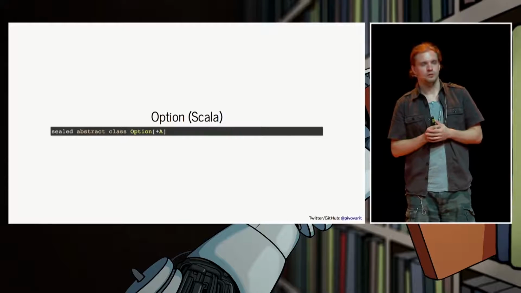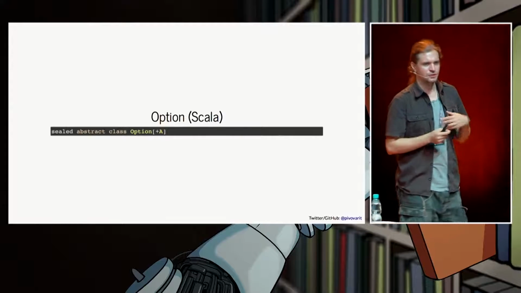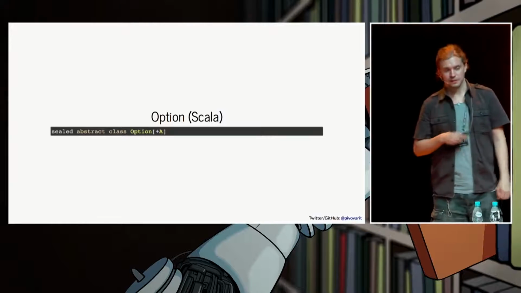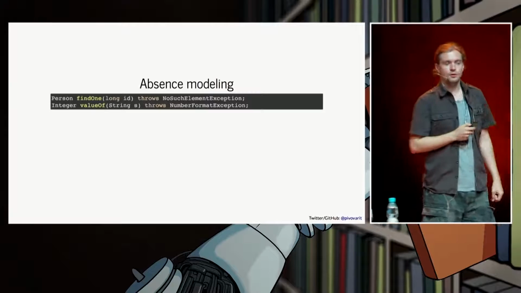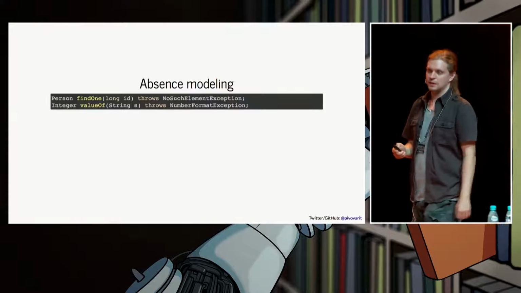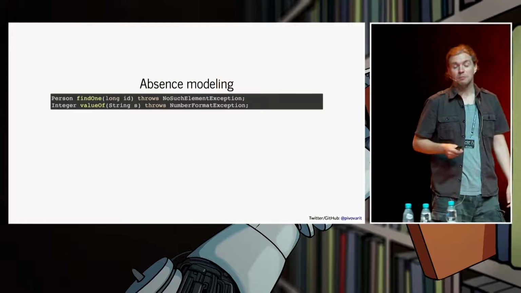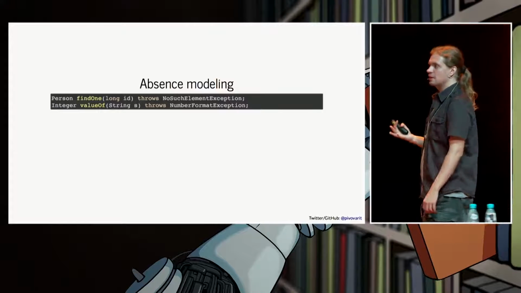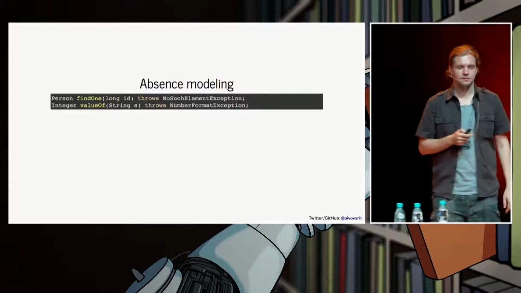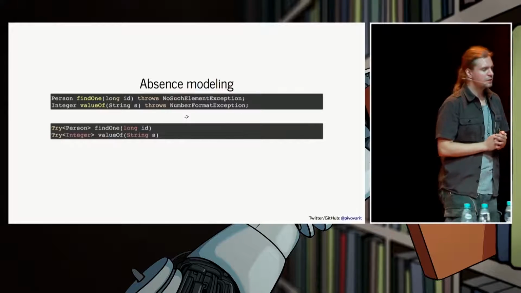Let's focus this time on option. Well, you might be thinking that option is designed for optionality and not for exception handling. But actually, there is a very good point in how you would use that. So, for example, let's imagine that we have those two methods, like find one or value of. They usually would throw no such element exception, or maybe a number format exception that's not very informative. And, well, we already know that we can use try for that. So let's try doing that. OK, it's a bit better, quite easier.